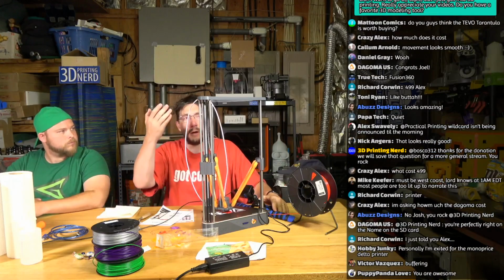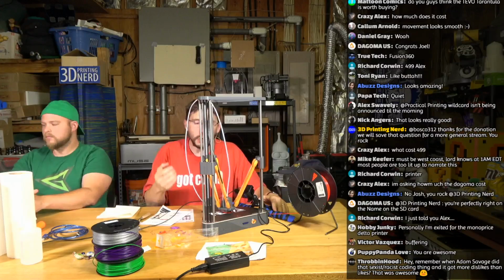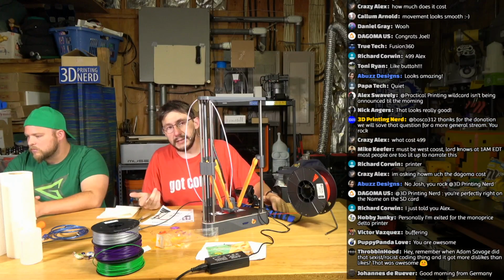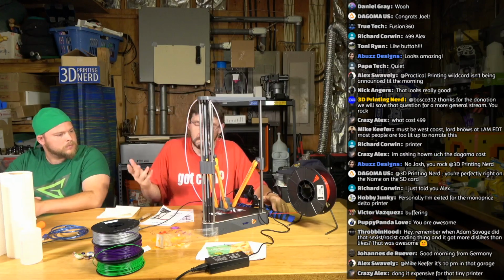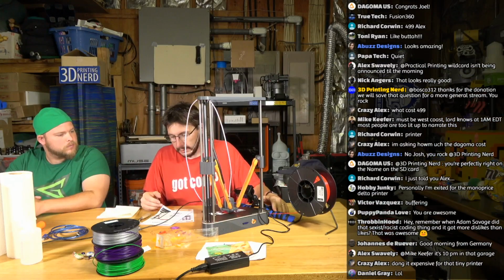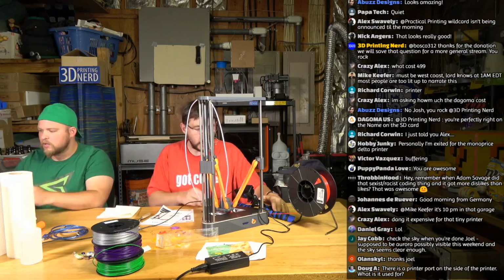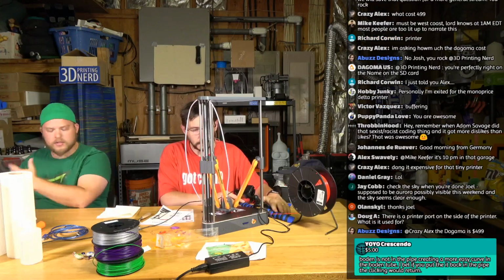Everybody was talking about having the filament at the top and having the extruder at the top, which would shorten the length of the Bowden tube. It's a good idea. Whether or not Dagoma wants to implement that, it's totally up to them. But I think it's going now, and it's looking kind of good. You want to switch back? We should have a good look at that layer. How fast the troubleshooting went...